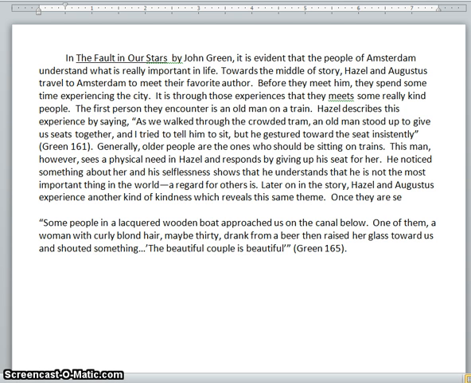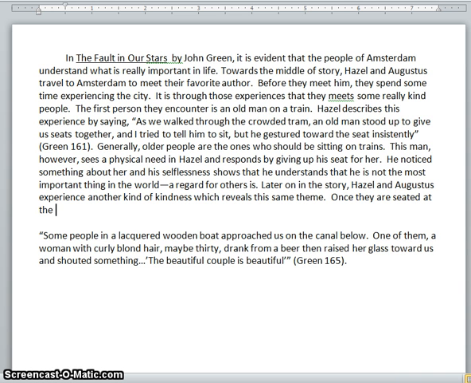Once they are seated at their table for dinner, they simply sit and overlook the water. They watch the boats below, and this is where I'm going to use my background as my signal phrase,